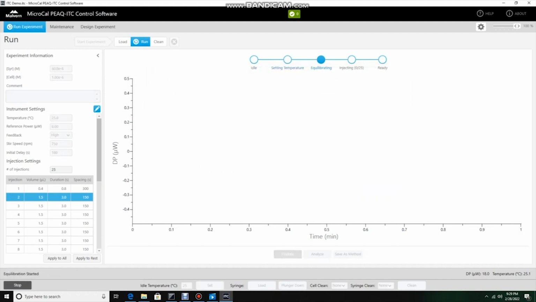Now it has started. The temperature is already at 25, so it has moved to the third step. Here we can see the steps which will be followed during the experiment. Set idle, then setting the temperature, and then equilibrating. Equilibrating means it will bring up the reference power to 6 microwatts as set by us. After the equilibrating is done, it will